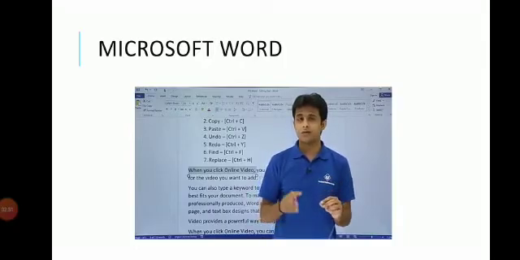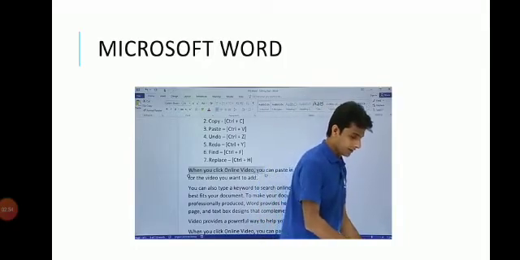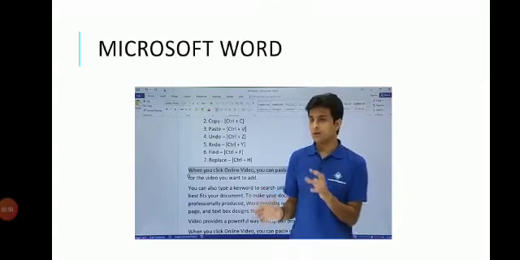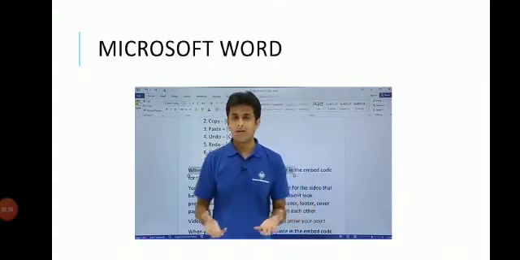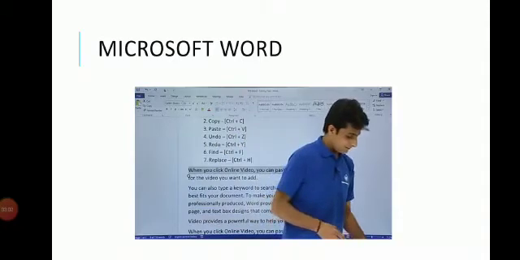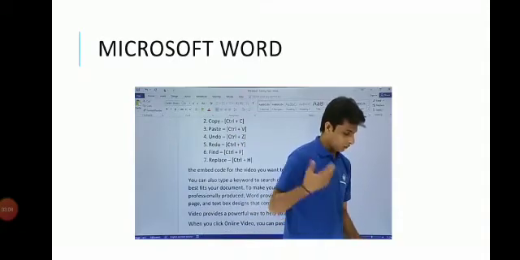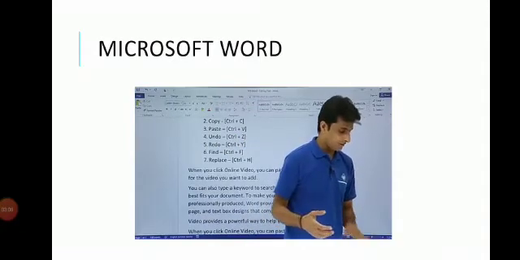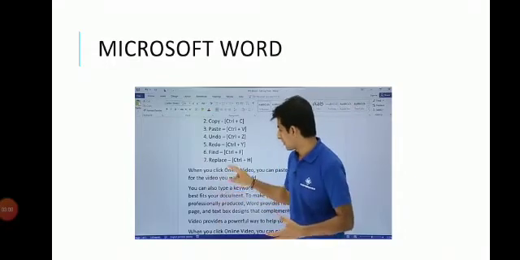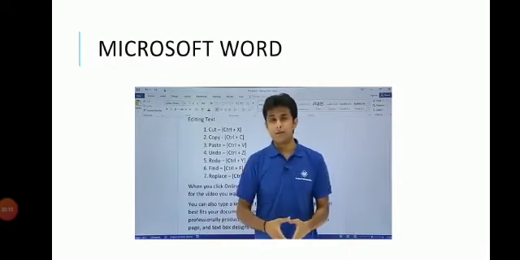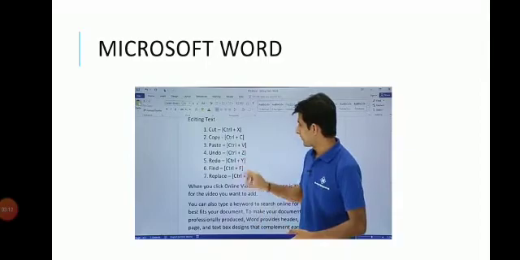Press Ctrl Shift right arrow key. Ctrl Shift right, Ctrl Shift right, and this way you can select one word at a time. Then you can press Ctrl X to cut, and again if you want to paste it there itself, Ctrl V, like this. So selection is very simple and easy here.